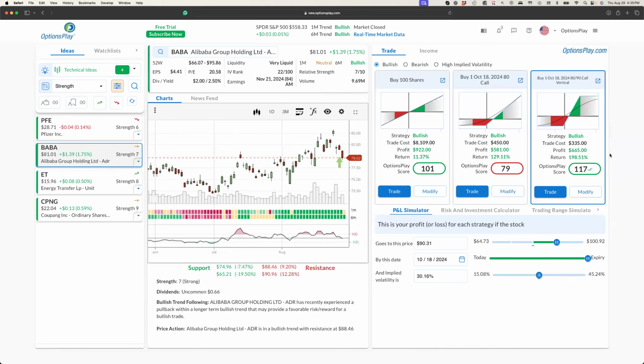And that's really where I can start looking at, how do I place a trade like this using OptionsPlay? For any of you who's ever pulled up an options chain, there's a lot of work that needs to be done in order to select the right expiration date, the strike price, the strategy. So what we're trying to do is basically help you do that initial work of figuring out what option strategy to choose, what expiration date, what strike prices to choose. It does all the work for you by simply presenting you 3 bullish strategies to get you started with